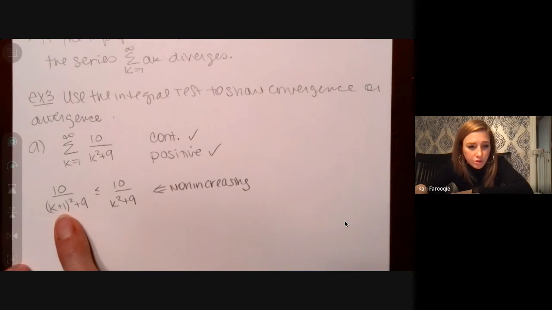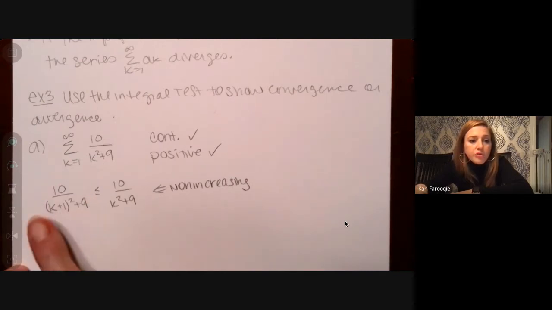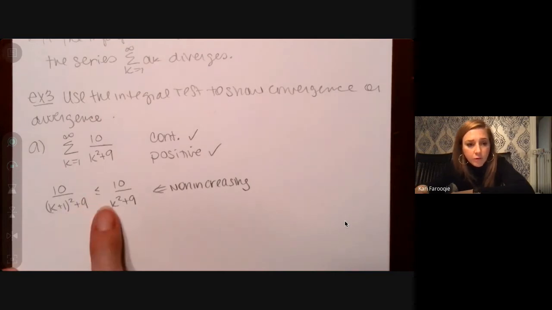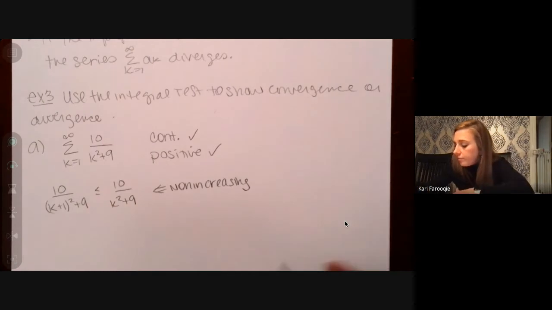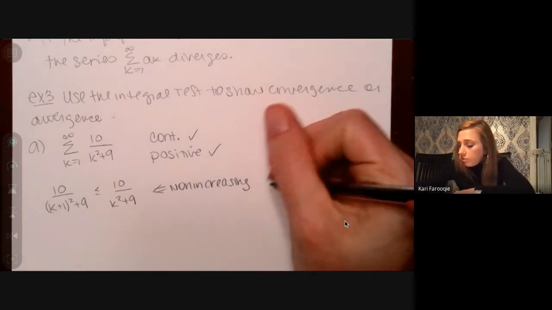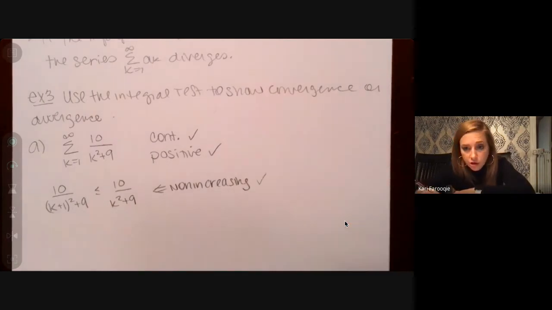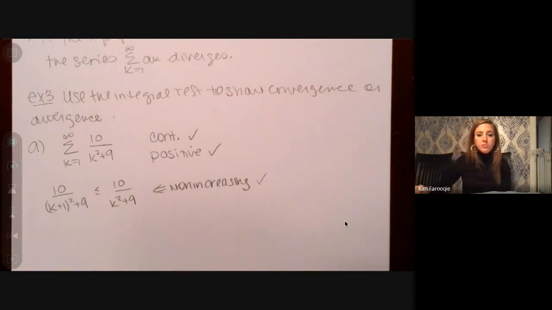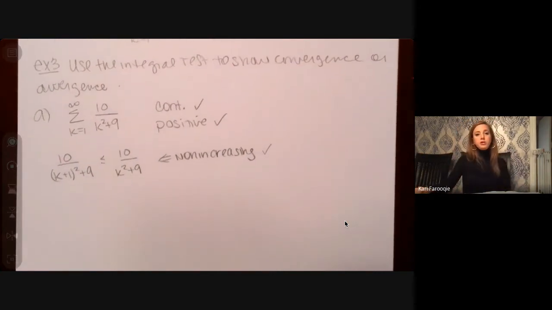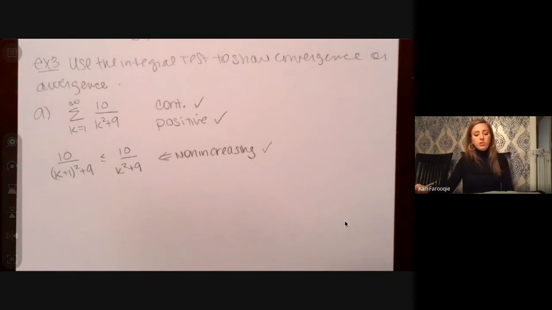You're taking a larger value, squaring it, and adding 9. If your denominator is larger, then your ratio is going to be smaller. This is enough for me to see that it's decreasing. Not only just not increasing, but decreasing. Check. What you're sometimes going to see, what I used to make students show anytime it wasn't super obvious, was